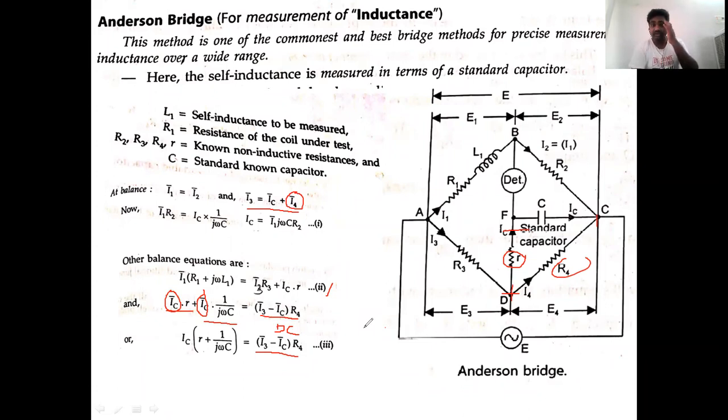So we have taken the balance expression at each particular path. We have taken the balance expression at this path, at this particular path, and at this particular path also. After observing the balance expressions, these are the expressions we calculated. We know the capacitor current, and these are the balance expressions.